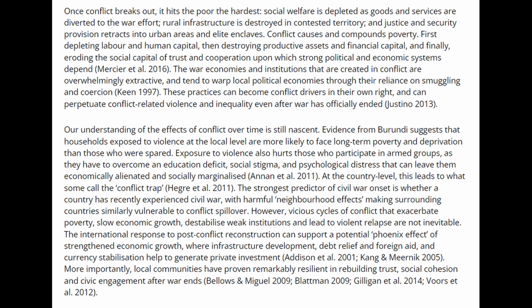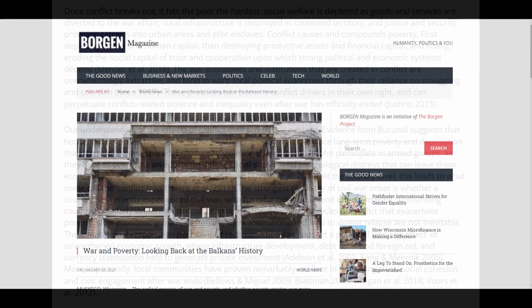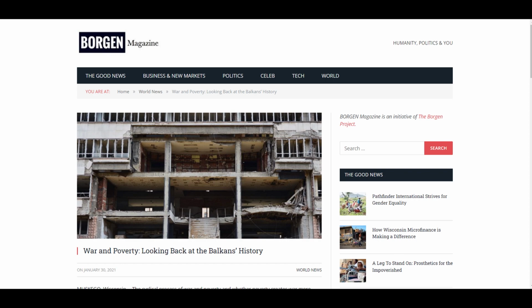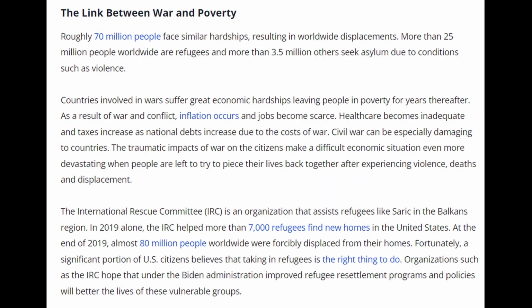In the end, this all leads to a situation deemed the conflict trap. That is a situation where a nation-state with a long-term cycle of war and poverty essentially continues with that negative feedback loop to the point of not just destabilizing itself through constant civil wars and unrest, but through destabilizing its neighbors. This is why a Borgen magazine story titled War and Poverty, Looking Back at the Balkans History says countries